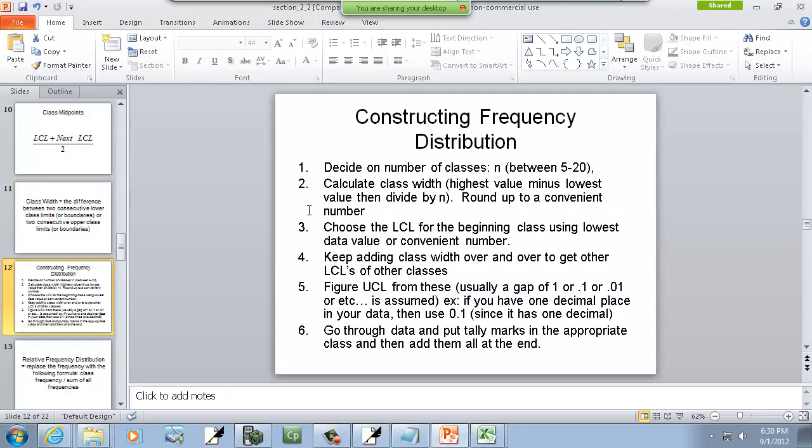Okay, constructing a frequency distribution. And this is just kind of a general guideline. It says decide on a number of classes, n, and this will be between 5 and 20. It doesn't do you any good to have one class and have everybody fall into that. For example,